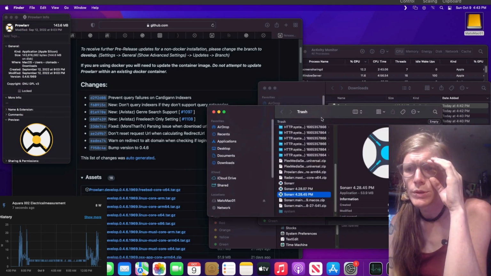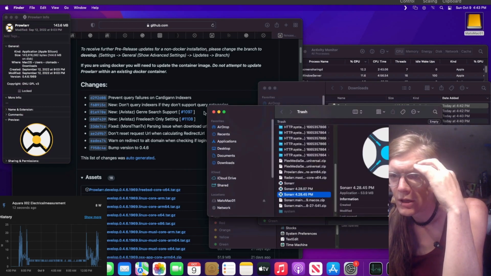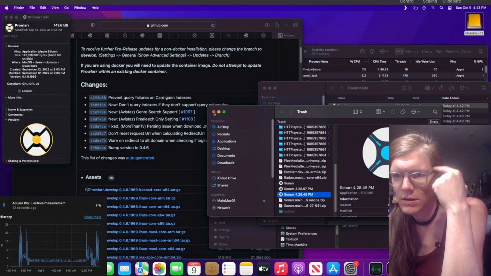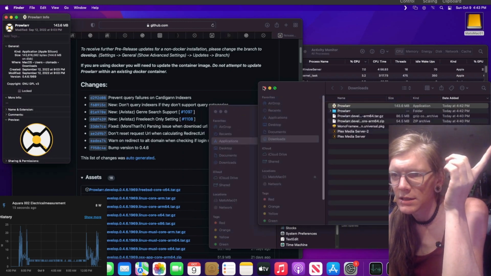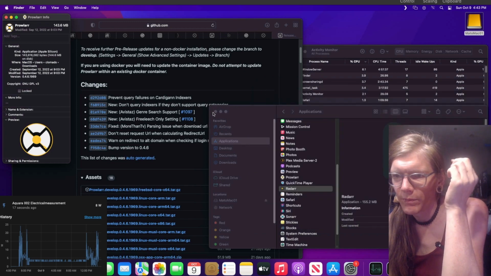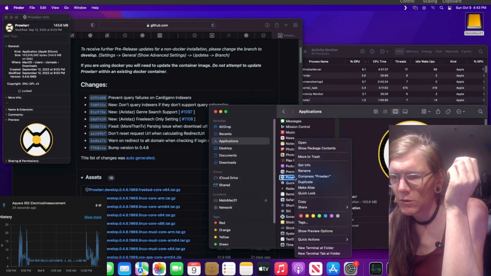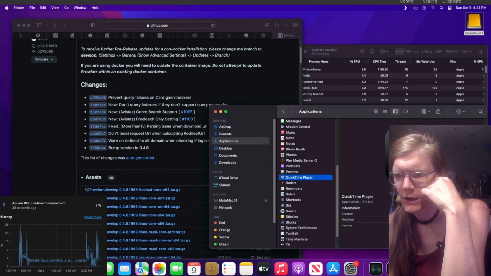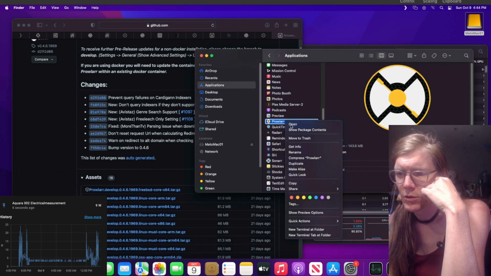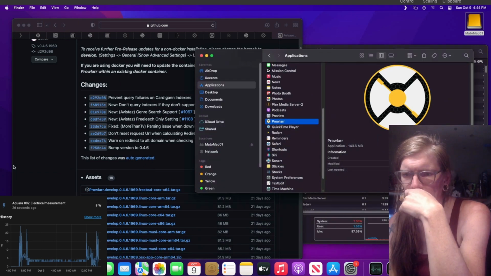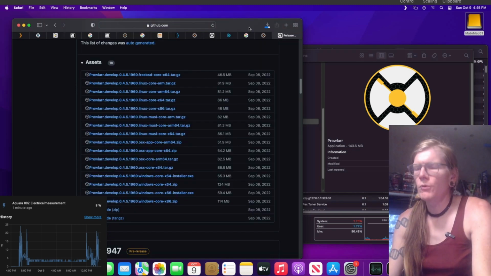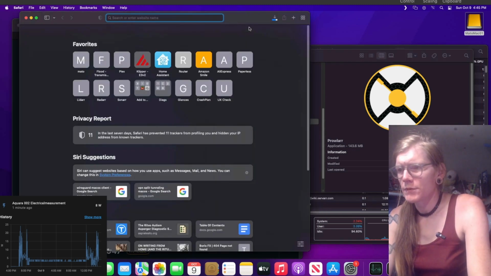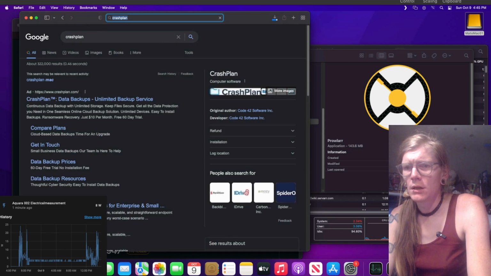Prowler wasn't, was Prowler the issue? Prowler was the issue. No, Sonar kept getting deleted into the trash, so we'll get that in a second. I just got that framework. Prowler, what version are you? Okay, we're gonna do open. Why? Let's try an old version. Let's go get some basic stuff. So I need CrashPlan. I need